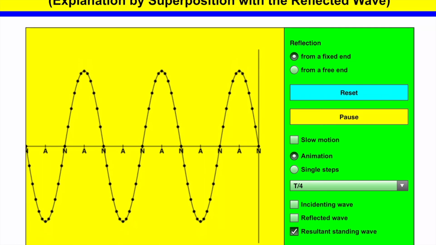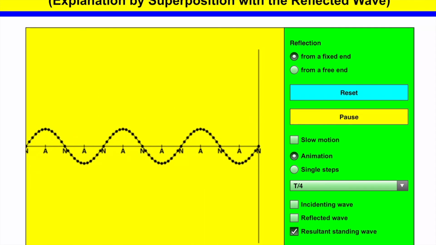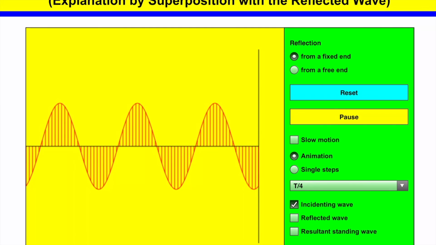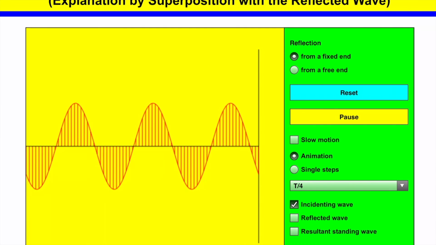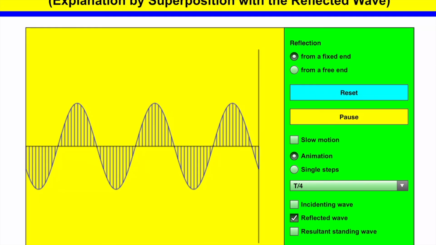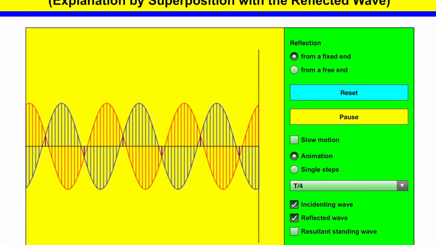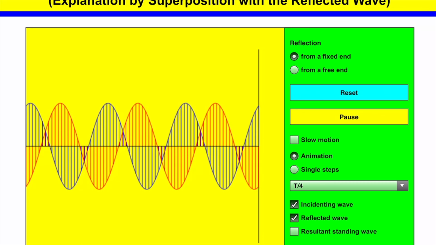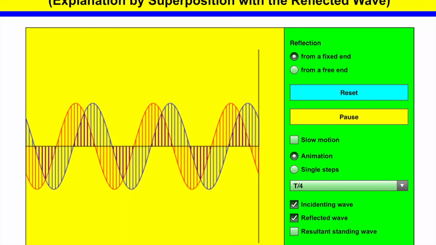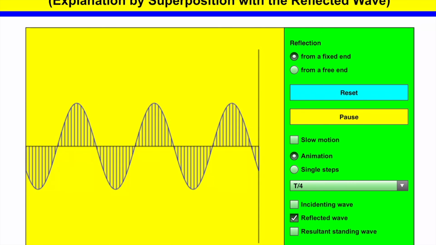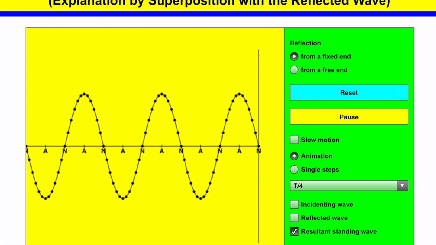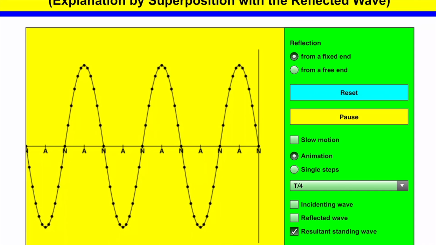So to summarize, a standing wave is created when you have a wave moving in one direction, in this case to the right, and then you have another wave that's moving in the opposite direction to the left. And these two combine together to form a standing wave. And this is what we actually see when we combine them. We've used here a simulation of a wave moving down a piece of string, but note that this idea of standing waves can